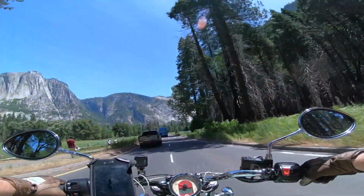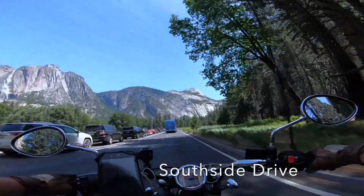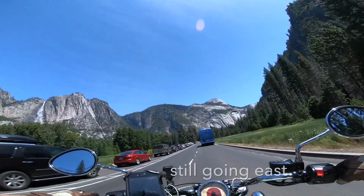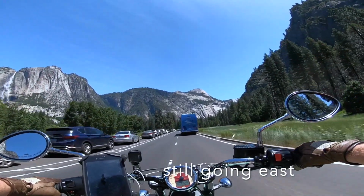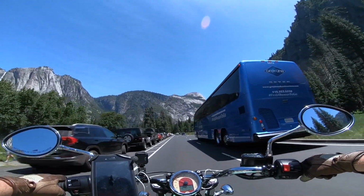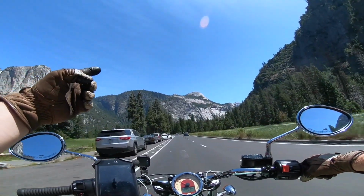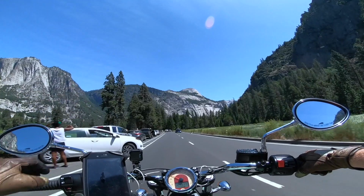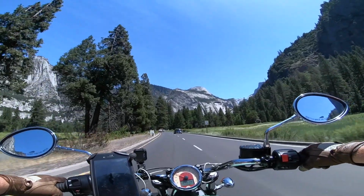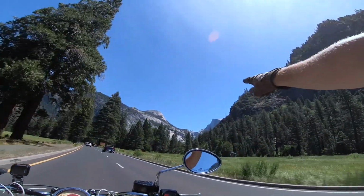Okay, welcome to the zoo. I think we were just looking at Half Dome. Lower Yosemite Falls or something like that. Half Dome should be, I think it's over there. Almost to the hub. Okay, there's Half Dome, the face of it, peeking out around the corner, right up there